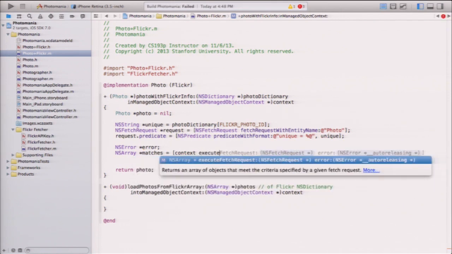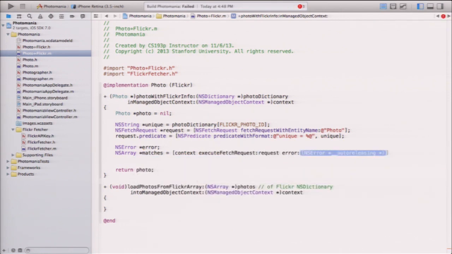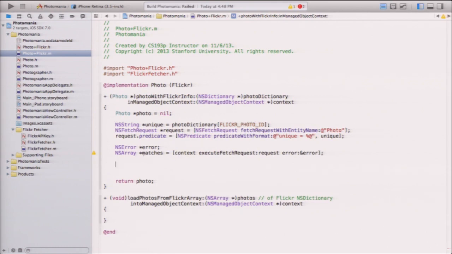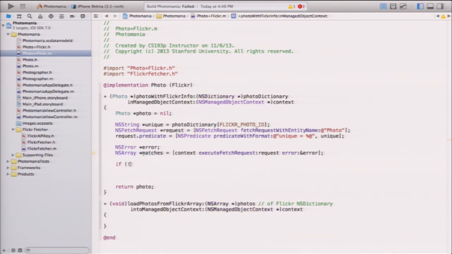Okay, execute fetch request, that request, and if there's an error, return an error. Okay, so now I've got those photos. Those photos, hopefully, in this case, a matching photo, or maybe not, has been pulled out. Now, this matches can have a number of different states or different values. One thing is, it might be nil. If it's nil, okay, or this error is not nil,